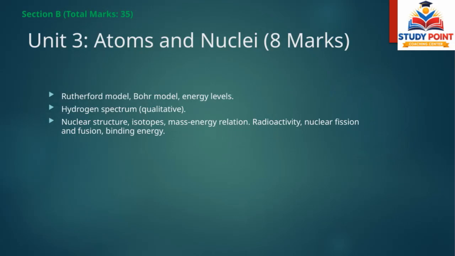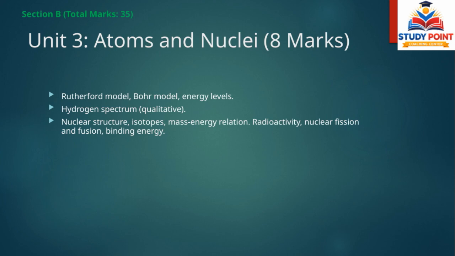Now let's move on to Section B, which carries a total of 35 marks. We'll start with the Rutherford model, which was one of the earliest attempts to understand atomic structure. Rutherford proposed that the atom has a small, dense nucleus at its center, with electrons orbiting around it, much like